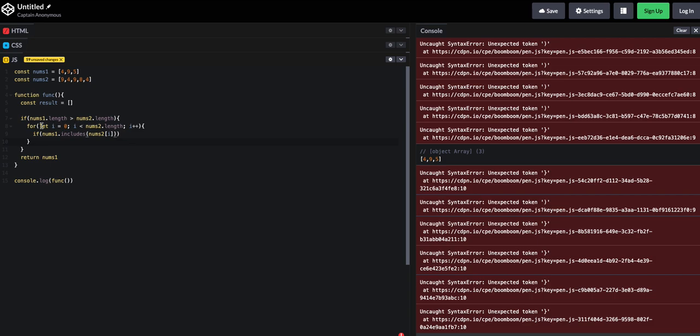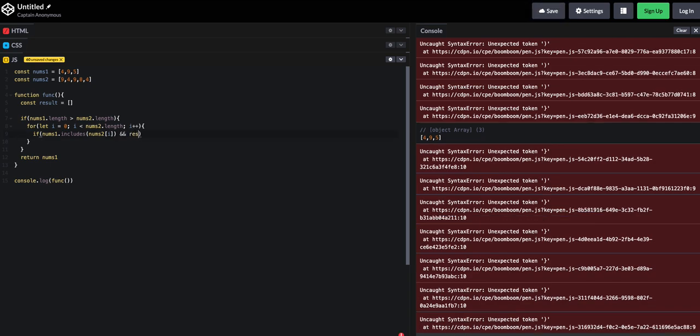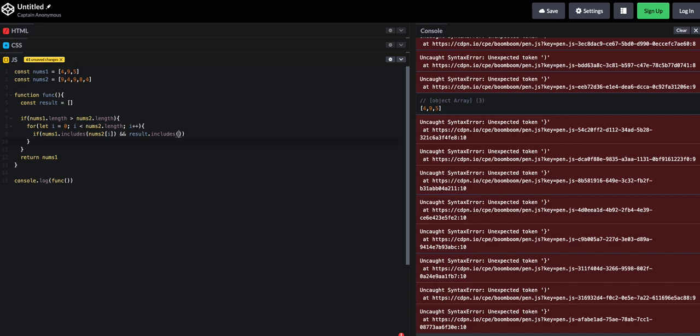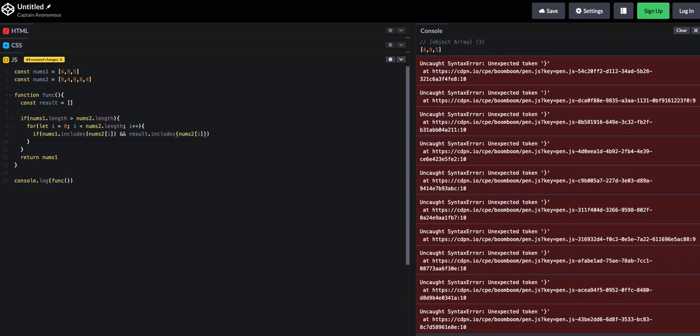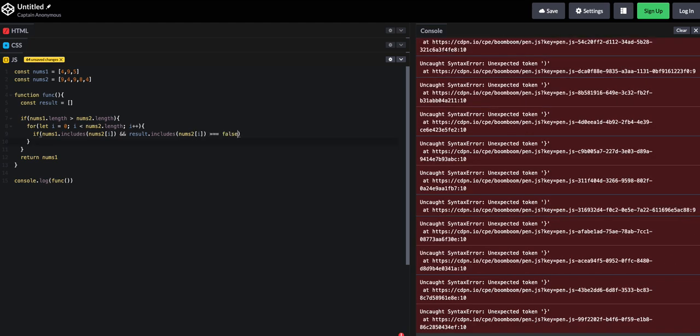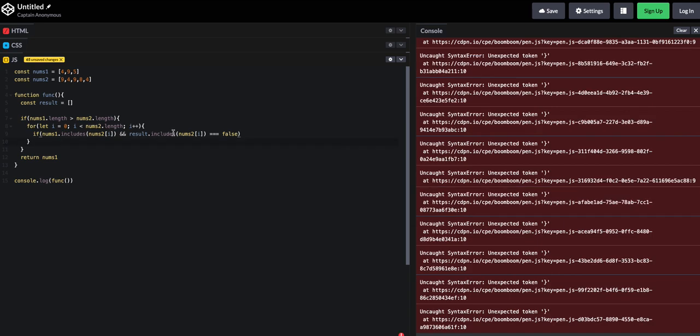So if this number is present in this array and result.includes nums2 at i equals false, right? So if this number does not exist in result and it does exist in nums2,